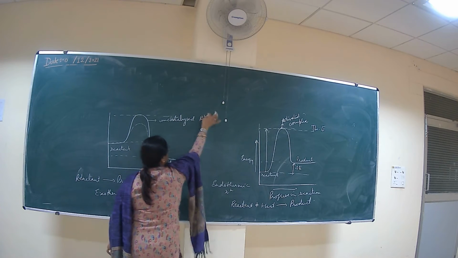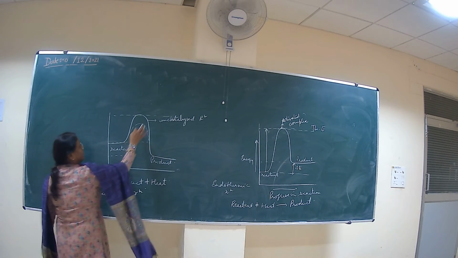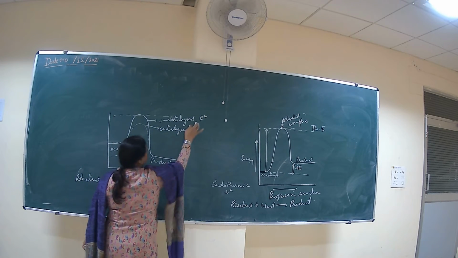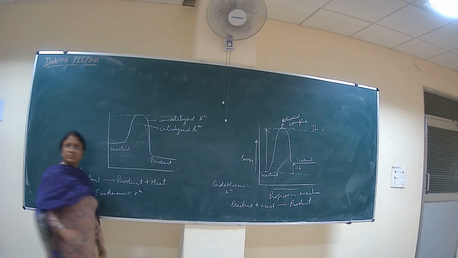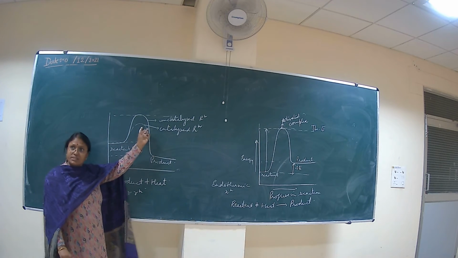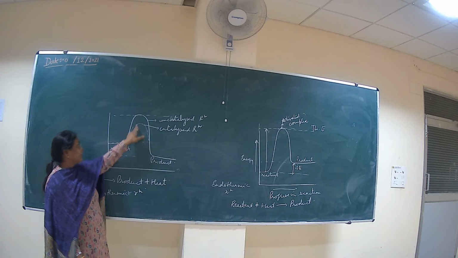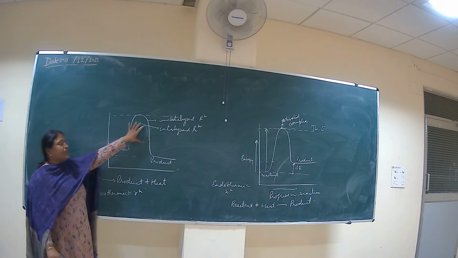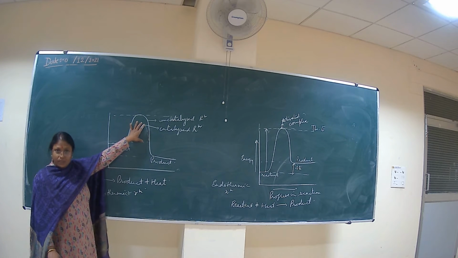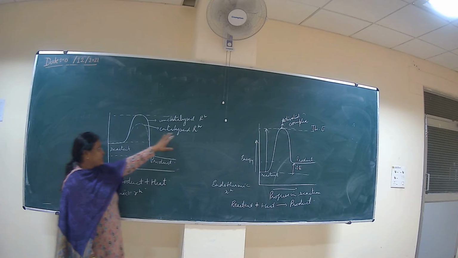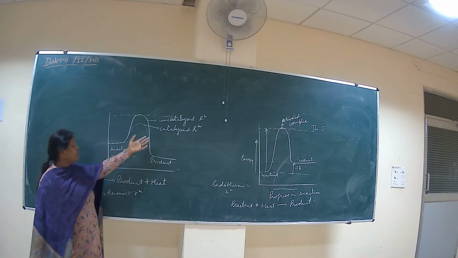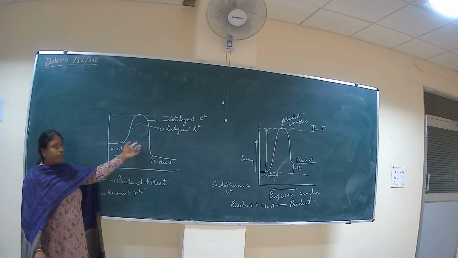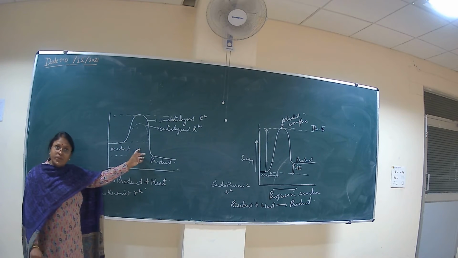This is the uncatalyzed reaction in absence of catalyst, and this is the catalyzed reaction where the rate of reaction increases. When there is an increase in the rate of reaction, the catalyst provides the alternate path and there is a decrease in the activation energy. Okay. So because of the decrease in the activation energy, by providing an alternate path, the catalyst increases the rate of reaction. Not energy, the rate of reaction increases.